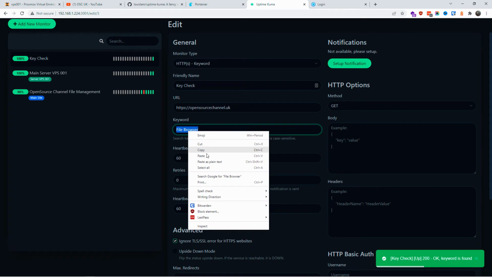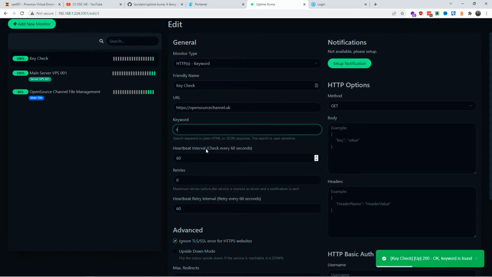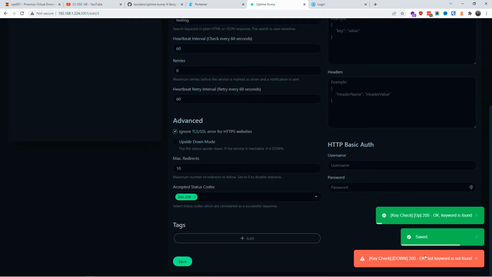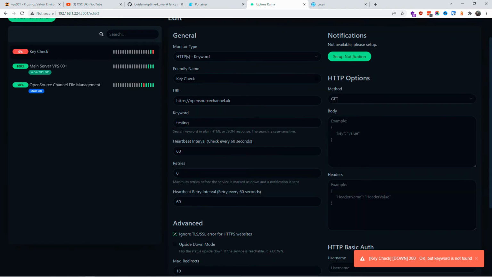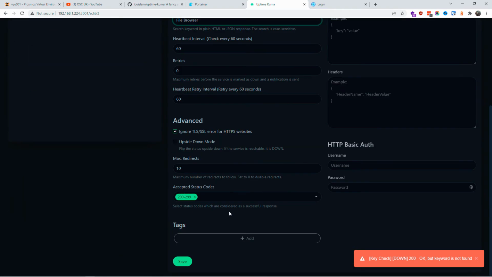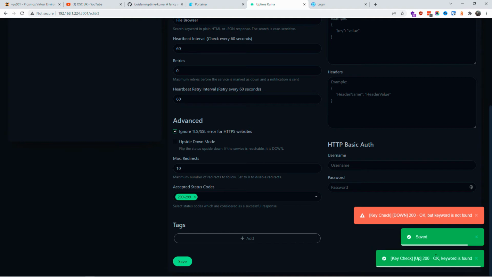Now we're going to change the keyword to something different. Let me copy first, just in case. I'm going to say testing. I'm going to save it. Now we got a 200. That means everything looks good, but the keyword is not found. Of course, the keyword is different. There is only one keyword there, File Browser, and that is the reason why we get an error. Let me do it again, File Browser, and I'm going to save it. And now we should have everything working